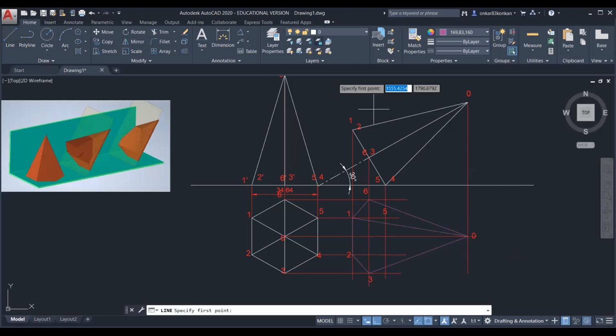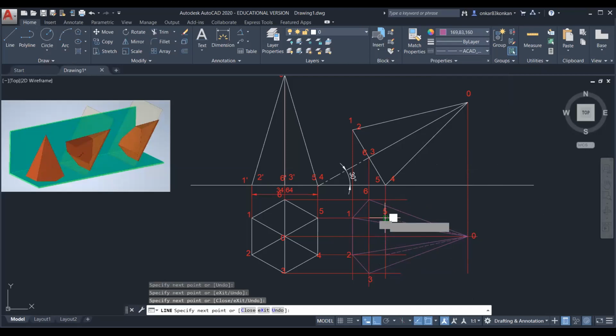Now try to observe from the top view. From the top view, the edges which are visible to the observer, show them by continuous thick lines. Here the hidden edges are O5 and O4. Then the three base edges, which are 6-5, 5-4 and 4-3, are hidden. Okay, so this is the second stage top view.